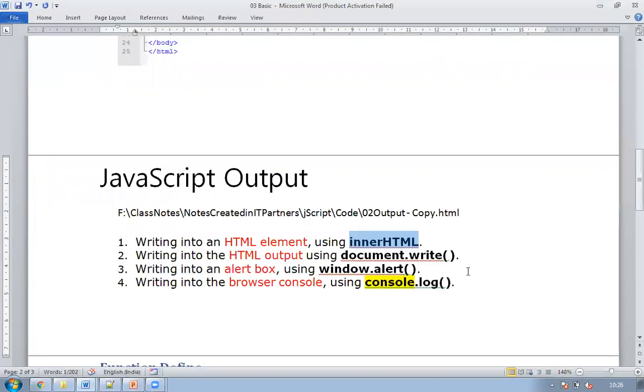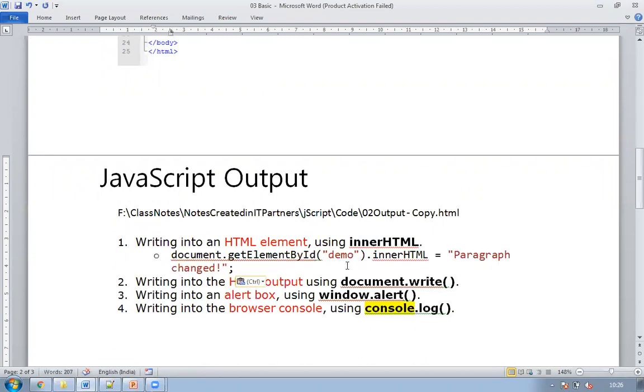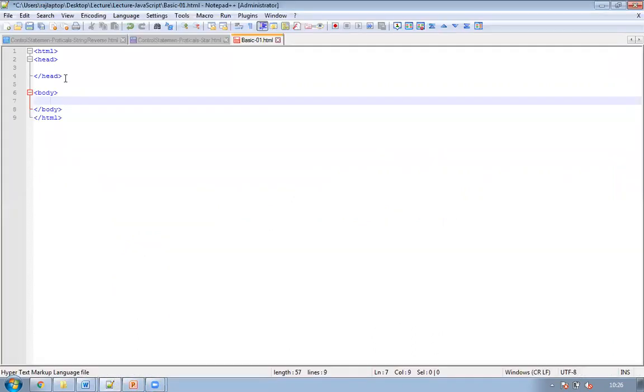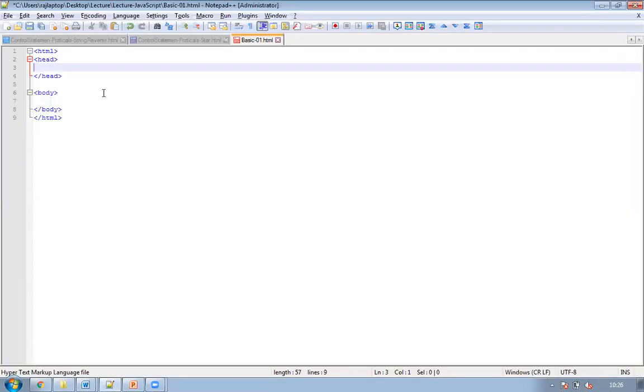So this is a normal thing. How to use this? It's very simple. I try to write a program here. Now I'll be using a function here, or I'll be writing an event here. Let's start with an event.